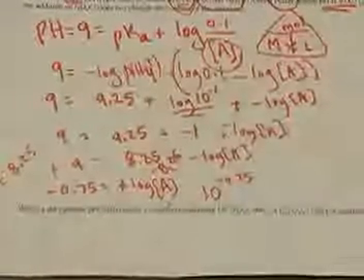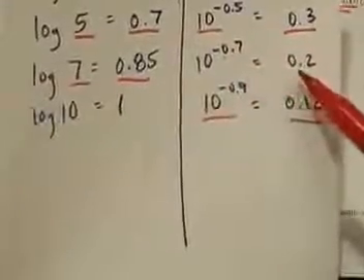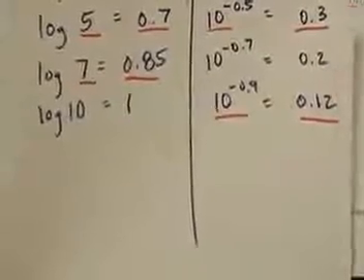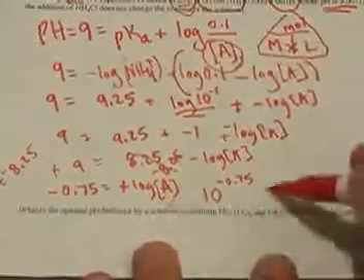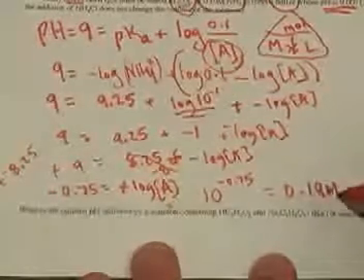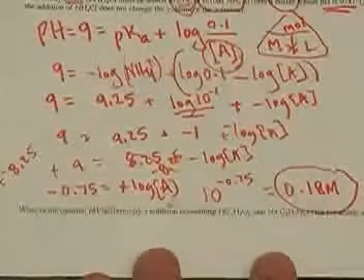And to approximate that, remember, 10 to the negative 0.7 is about 0.2, so it's a little bit smaller than that. So I'm going to guesstimate it as about 0.18. This is my concentration then of my